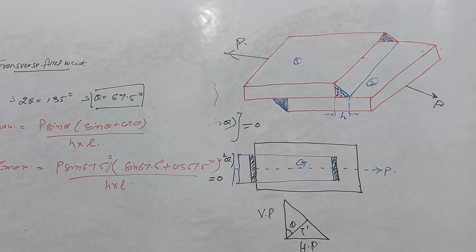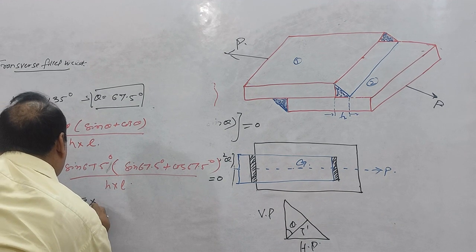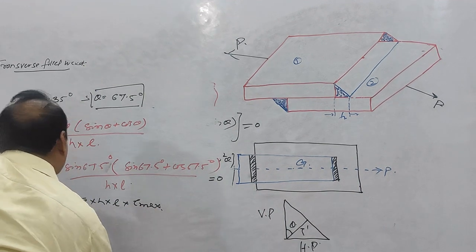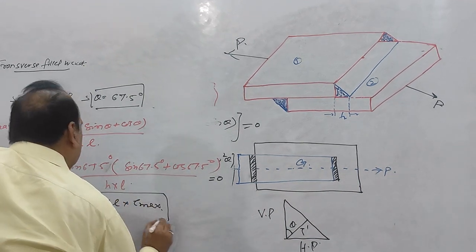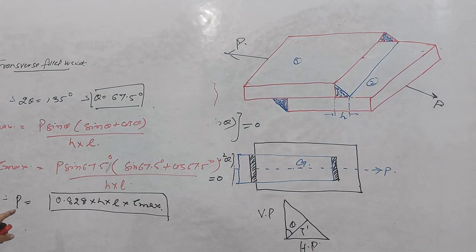सो दिस बिकम्स योर 0.828. देयरफॉर P की वैल्यू जहां से निकालें आप, P इज इक्वल टू 0.828 इंटू h इंटू एल इंटू टाउ मैक्स, राइट। सो दिस इज, ये आपकी वैल्यू आई P की।